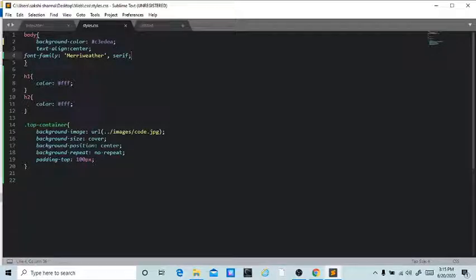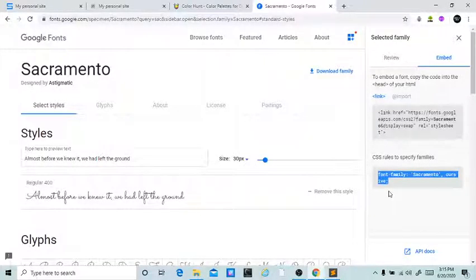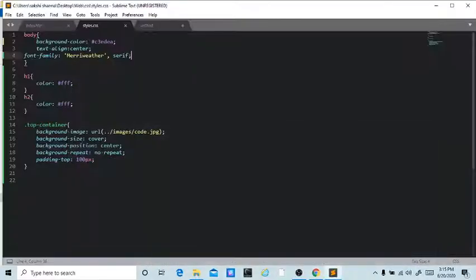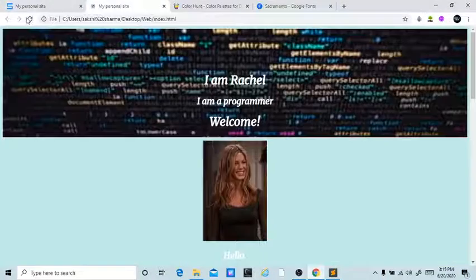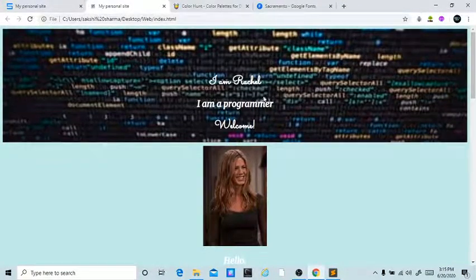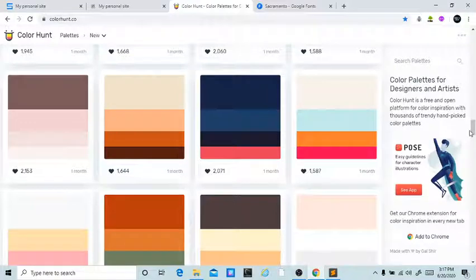As we are being specific with our choice, it will override the font in the body. So we are overriding Merriweather with this cursive font, you can see, because this is the priority order. So as our H1 has changed, it's looking similar to what we want. We'll adjust the font size afterwards. But I want to change the color of H2 and H3.